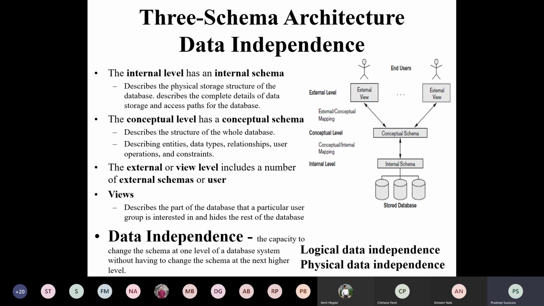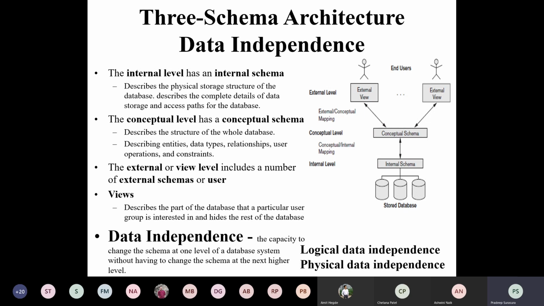The meaning is very simple. If you change any particular level, maybe the internal schema, or the conceptual schema, or the external level, one layer should not affect the other. That is how the concept says data independence should be achieved.